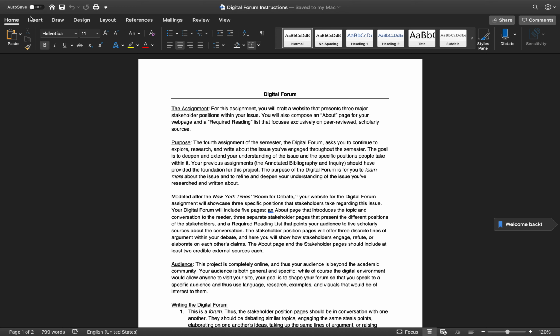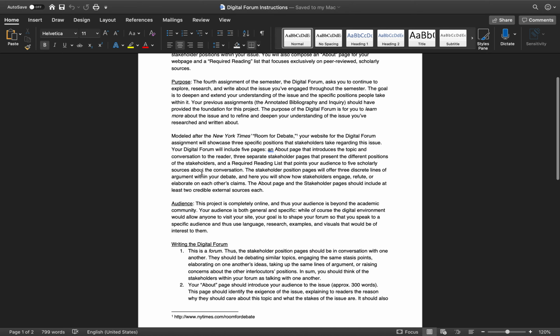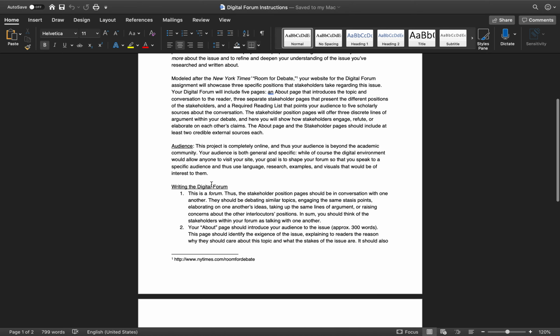The digital forum is to help you and your audience discover even more about an issue so that when we get to the next assignment, which is the position paper, you'll be able to take an educated and sophisticated stance on your topic. There are several components to the digital forum, which you'll see here under the section Writing the